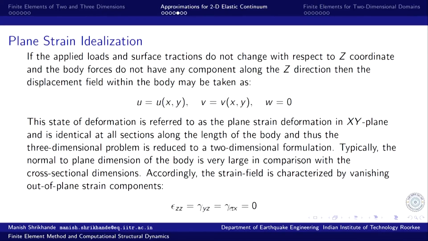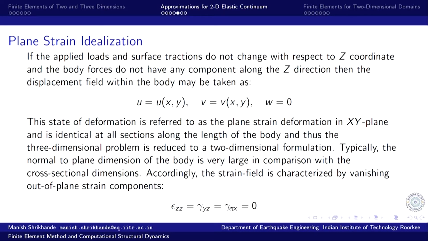So, epsilon zz, the direct strain along z direction, and the distortions, shear strains gamma yz and gamma zx, distortions in yz plane and distortions in zx plane. So, they also vanish, right. So, under certain situations, certain geometric configurations, it can be assumed that these 3 components of strains epsilon zz, gamma yz and gamma zx,